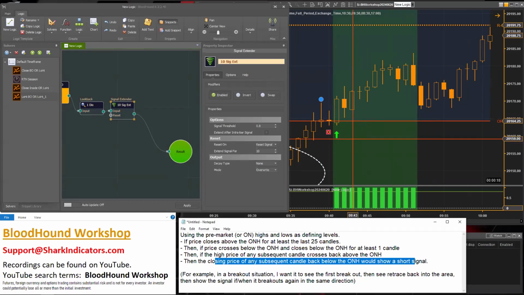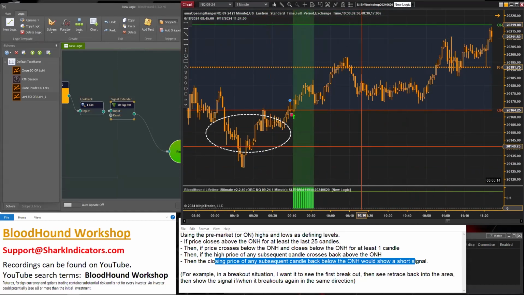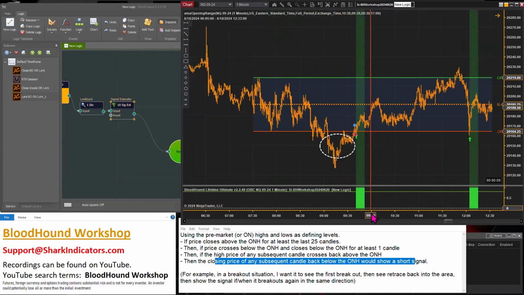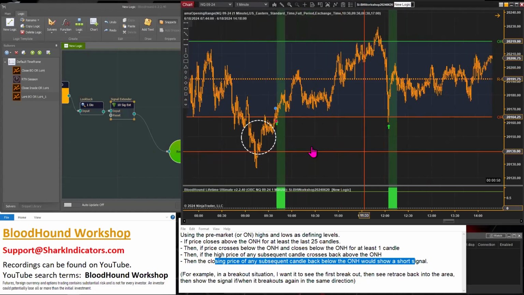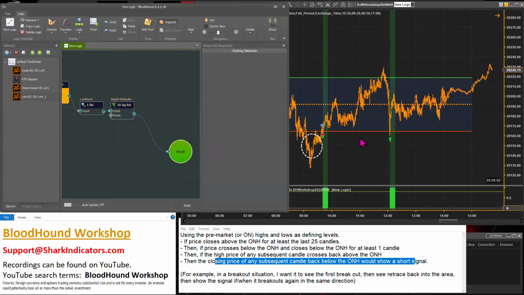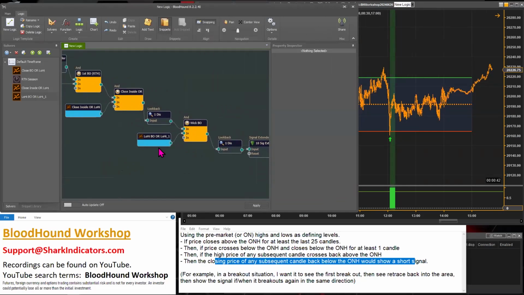Now, if you don't want some kind of limited lifespan there, and you're fine waiting all the way until the market eventually closes, then you can just take this signal extender and increase the number of bars until the end of the trading day. So you can extend that out. Just like if we go back here,